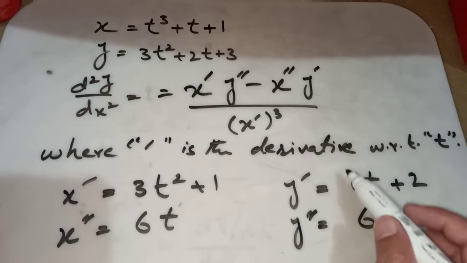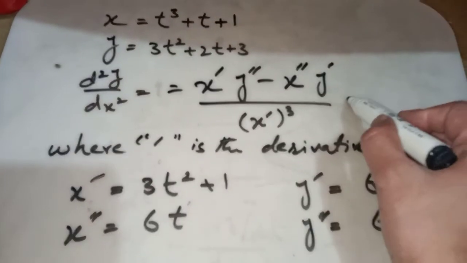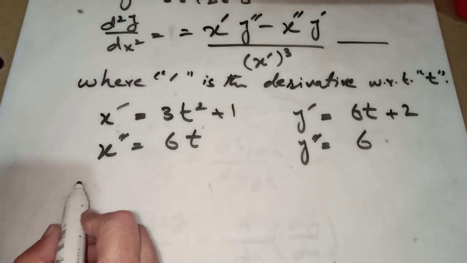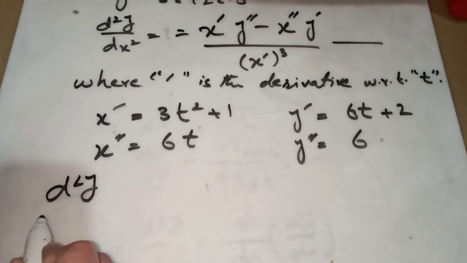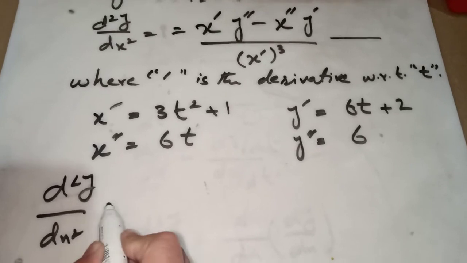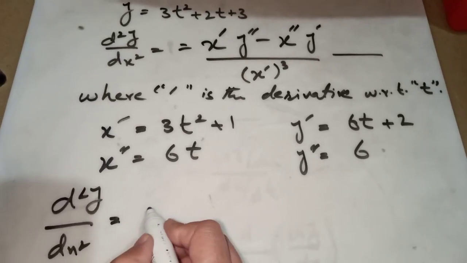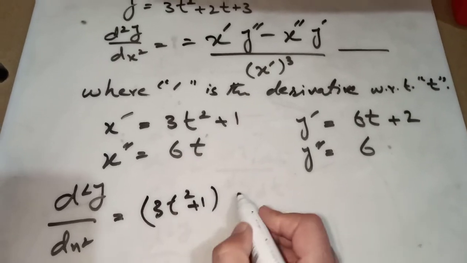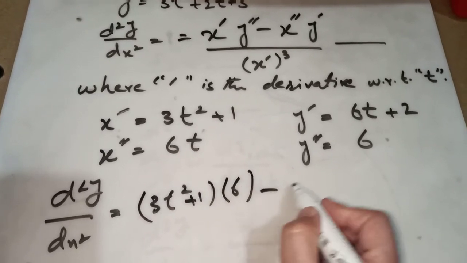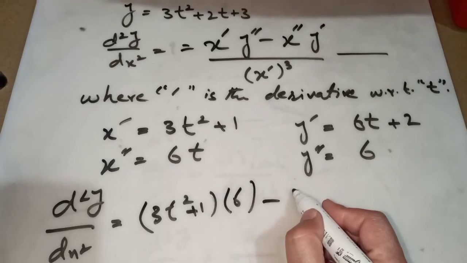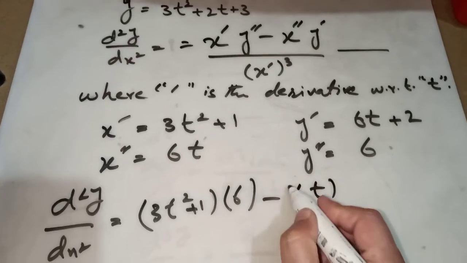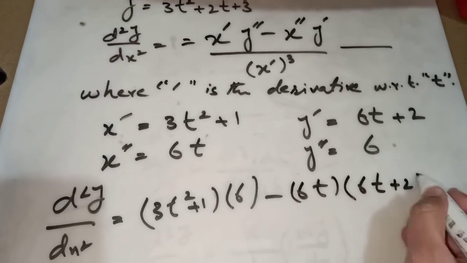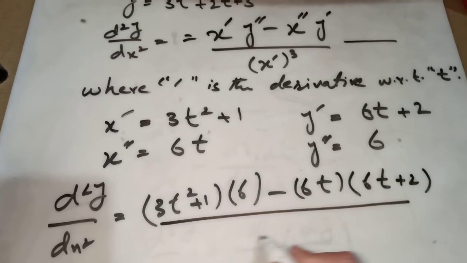Now putting all these values in this formula, we will get d2y by dx square equals 3t square plus 1 into 6, minus 6t into 6t plus 2, divided by